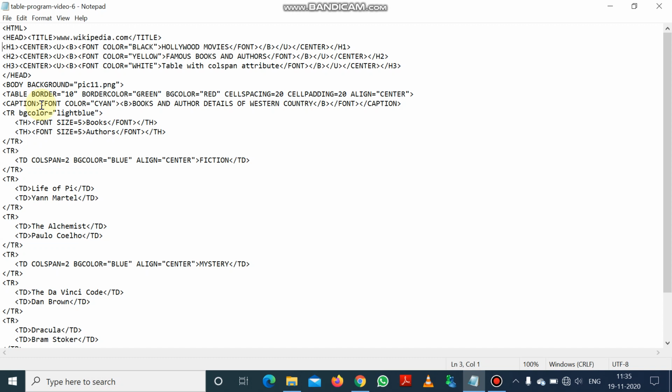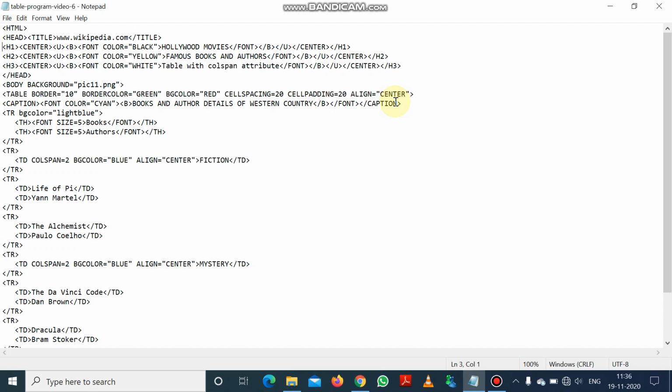So the starting caption tag is given, then the font tag is given, and then we have set the color equal to cyan. So we have given the name of the table in cyan color, and the table name is books and authors, details of western country. Then at the end we have also given the bold tag. So we complete the name of the table with the ending bold tag, ending font tag, and ending caption tag.